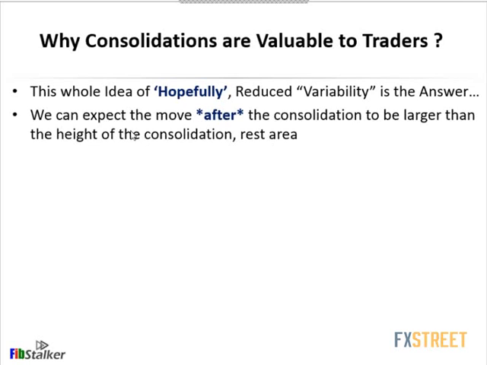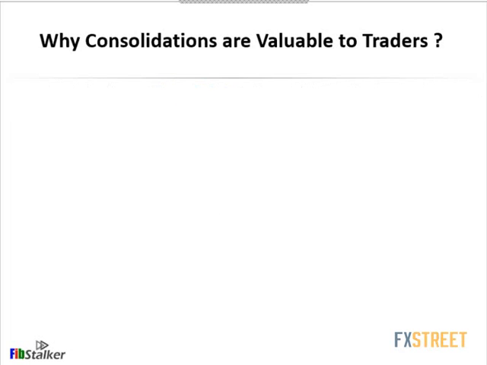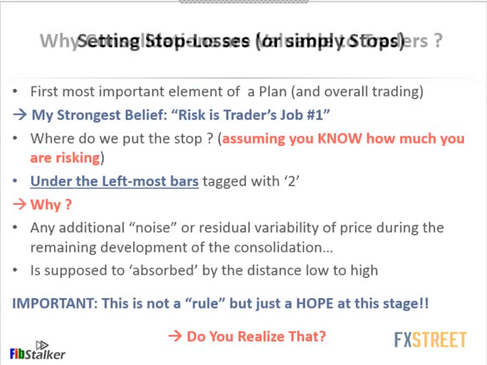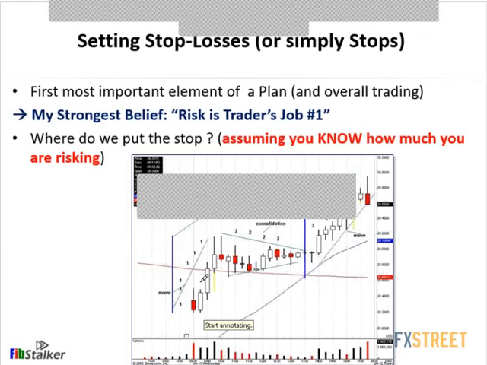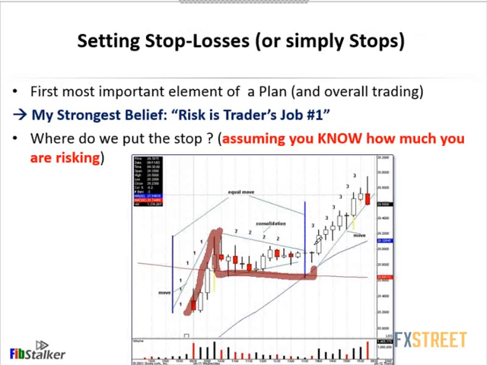Okay. Again, let me repeat this. We can expect the move after the consolidation to be larger than the consolidation. So what I'm saying here is that we observe this. Now, this is the height of the consolidation, okay? If you want to take it in full. Now, what I'm saying here is that the move that ensues, number 3, that comes after the consolidation is higher and wider than the consolidation itself. Indeed, there is this difference here, as you can see. Okay, that's what I'm trying to say here.